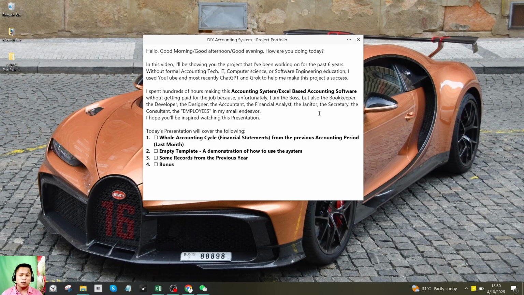Today's presentation will cover the following. Number 1, the whole accounting cycle from the previous accounting period, which is last month. Number 2, an empty template, a demonstration of how to use the system. Number 3, some records from the previous year. Number 4, a bonus. The main reason that I'm showing you this is simply to demonstrate